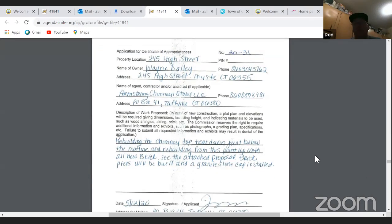Basically, we need to rebuild the chimney top. It's in very poor condition. Flashing's bad. There's some crumbling brick on it. So we're just looking to rebuild with another matching type of brick. It's a solid molded brick. So the color is going to be almost exactly the same as it is. But the problem is,